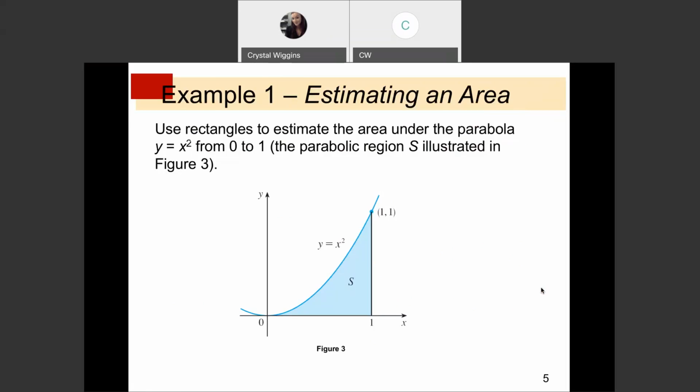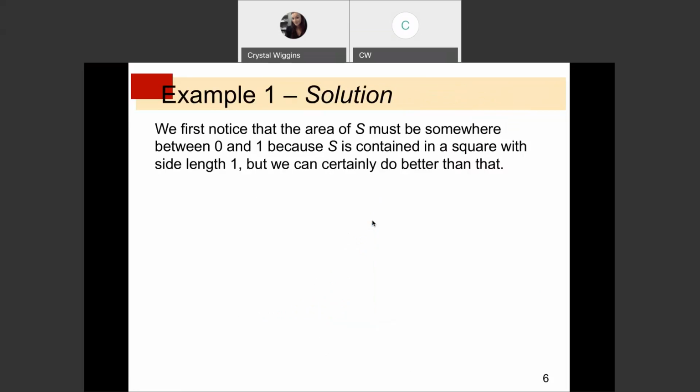It's very likely that if we calculated this using the base along the bottom and the height as this vertical side here, we would probably get a fairly good estimate, although we can tell that the area of a triangle would take a straight line from 0 to 1. So there is a huge gap in the area here, and that's because this is defined by a curve and not a straight line. Therefore, we need to account for the fact that there's less area than the triangle if it had a straight hypotenuse. We first notice that the area of S must be somewhere between 0 and 1